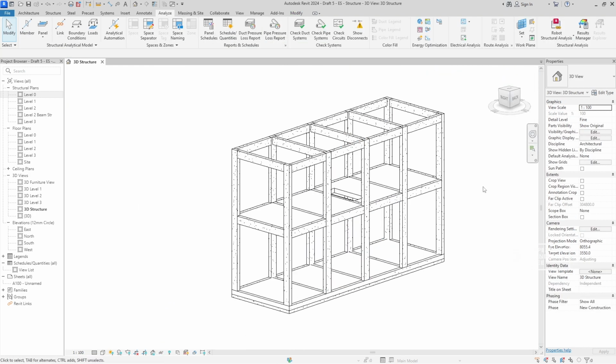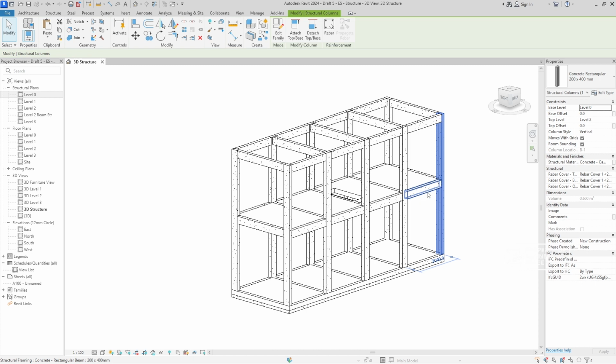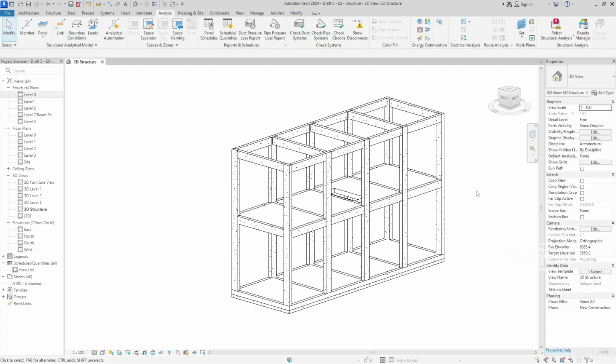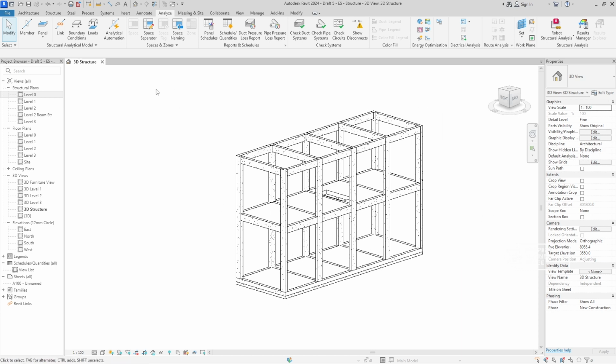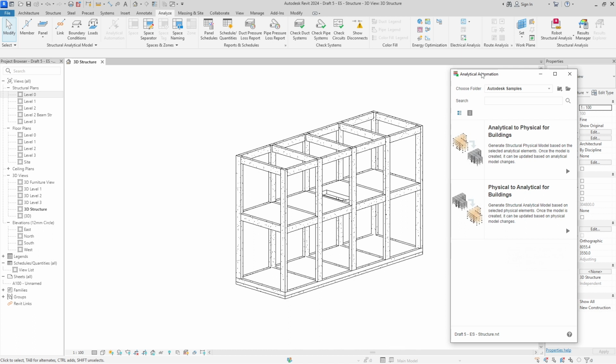So like what I have said to you, we also need to analyze it in structural analysis software to get a better result, to check whether this model and the dimensions of the structure we have created could handle the load that must be carried by this building. So let me show you how to do it. Go to Analytical Automation here, and a new window will appear. Let me choose from physical to analytical for buildings,